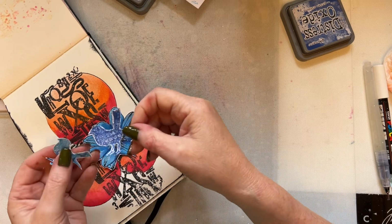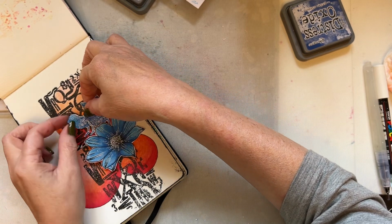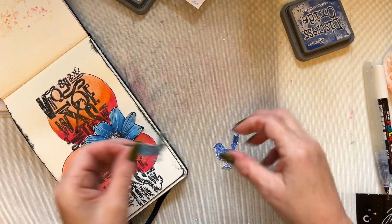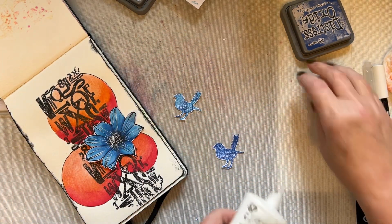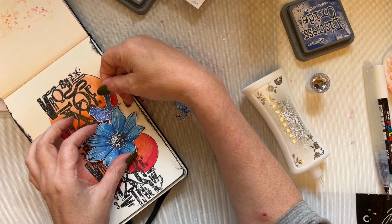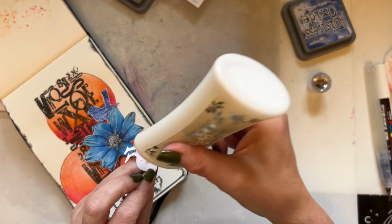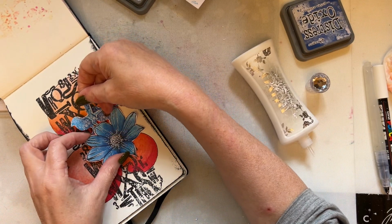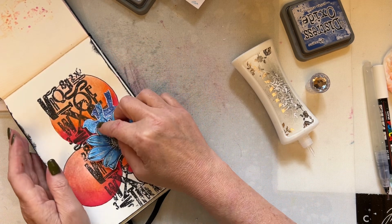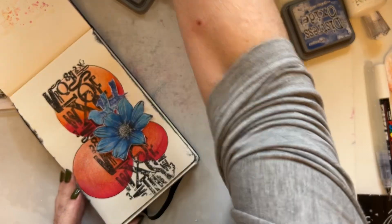So then I can take my two birds and just add my two birds. I don't think it really matters which you add first. So I'm just going to take the little birds, I'm only adhering in the centre area. You obviously want to see the little birds' faces, so I'm not sticking the whole thing down. I will add some touches of white shortly. We're going to add some